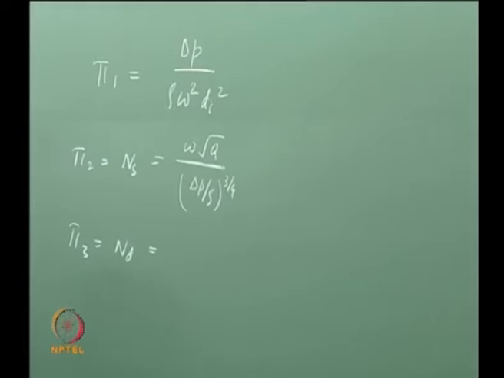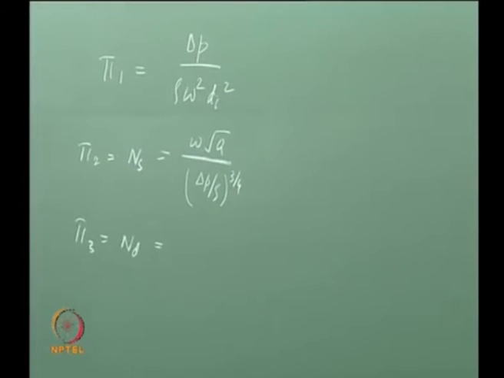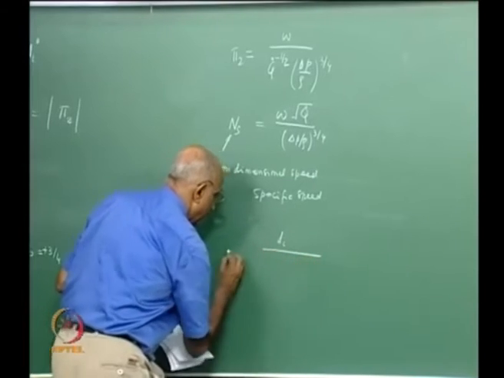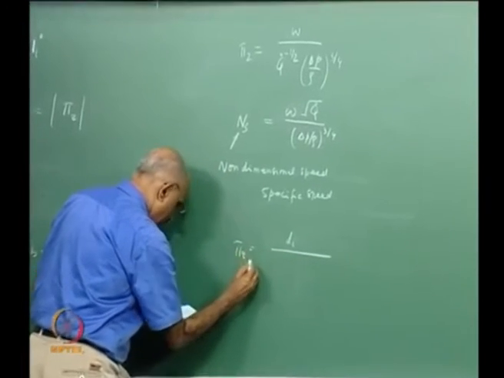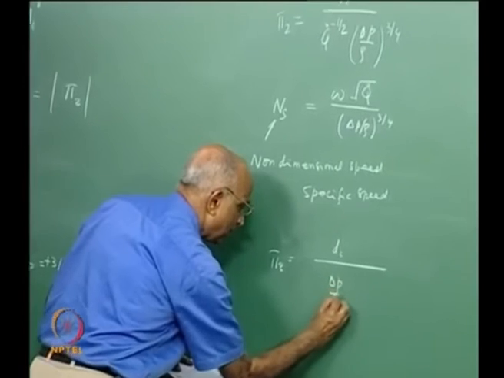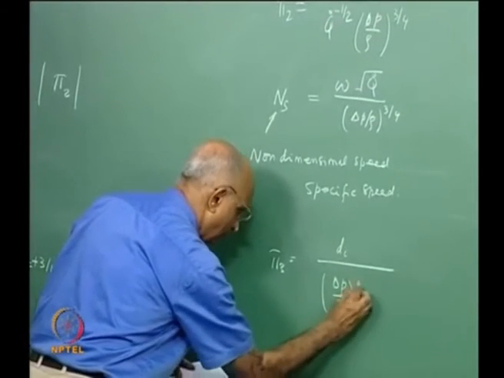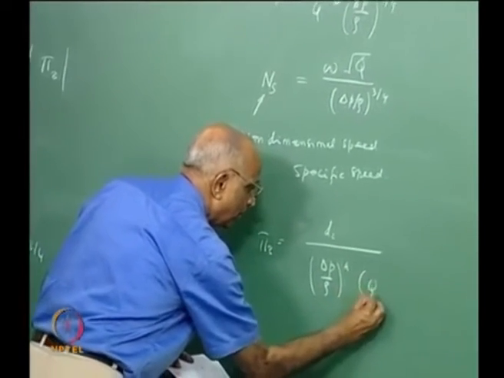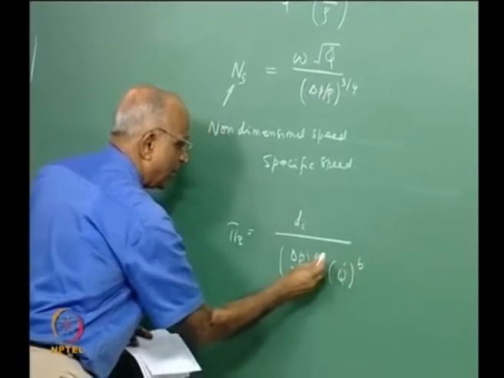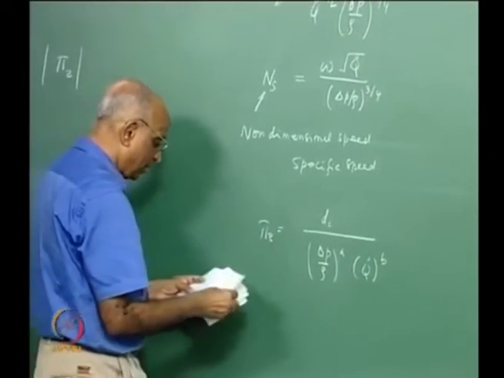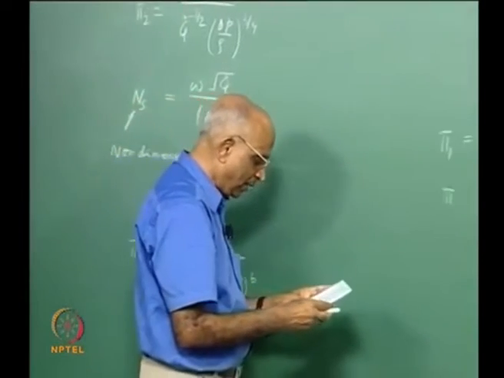We again write pi 3 is equal to di divided by delta p by rho to the power a into q dot to the power b, evaluate a and b, and the value we will get is